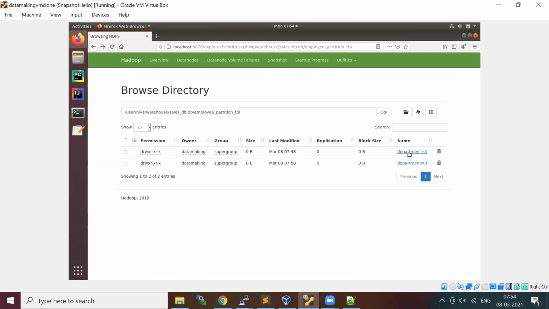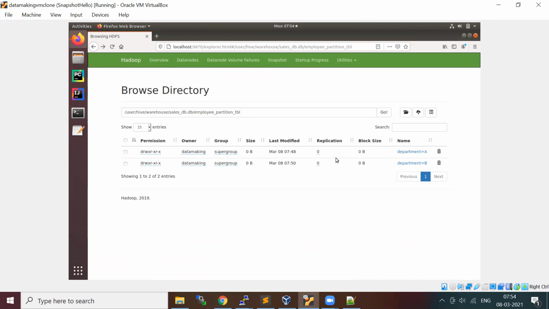Instead, based on the where condition you pass, it will look into the respective directory and pull the records. This improves the performance of your select query. So this is how partitioning works.